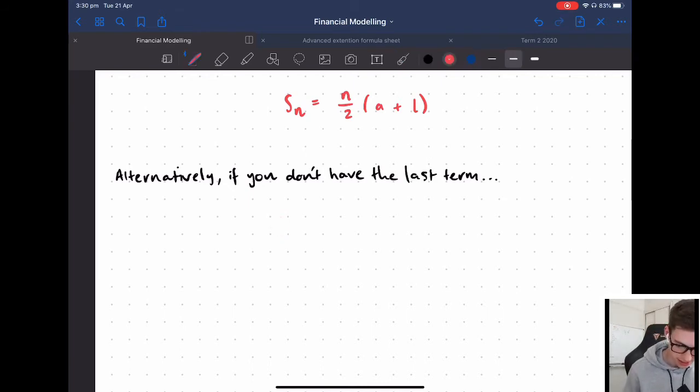We can use that bigger formula. It's going to get the same answer. It's still S_n, but it's just not using that last term if we don't have it. Okay, so it's going to be n over 2. That's the same. We're going to go 2a plus (n minus 1) times